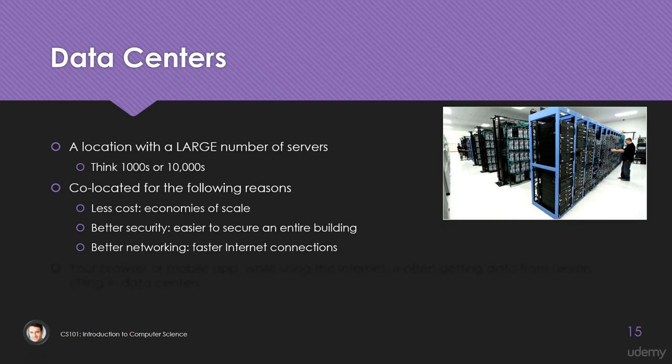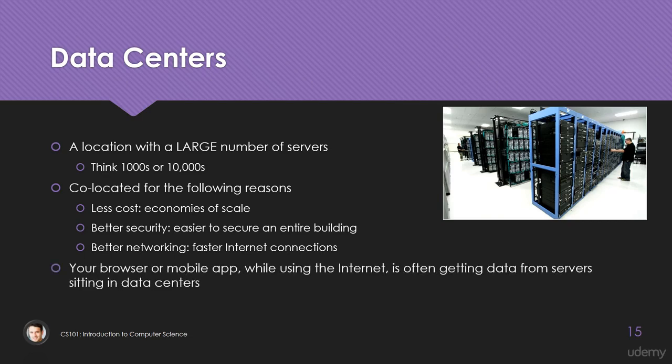They're co-located and hence called colos, and they have the servers on a rack or something like that, like you see in this picture here. These are usually co-located for the following reasons. They cost less if they're in one building. You get economies of scale, better security. You can secure an entire building with these servers. You get faster networking connections and better networking if you have an entire data center that's dedicated to just hosting these computers. So for a whole bunch of reasons, servers are often located in data centers, or colos as they're called,